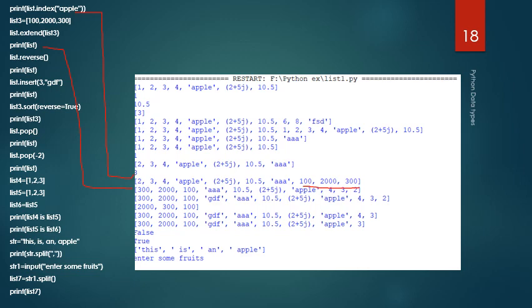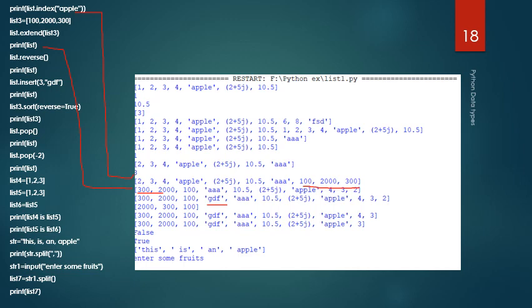list.reverse will reverse the contents in the original list, and now while printing list we can see that the contents are displayed in reverse order. list.insert(3, substring) inserts a new substring at the third index location, and that is printed. list3.sort will display the list in sorted order. And again, while printing, we will get the new result.